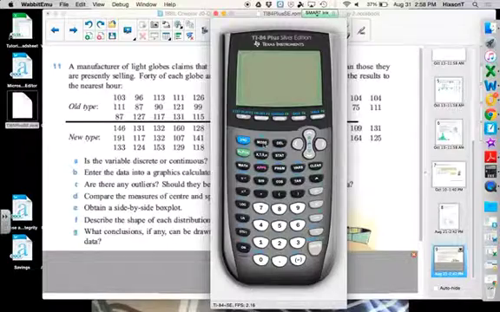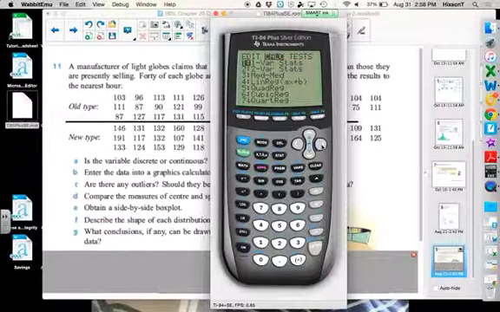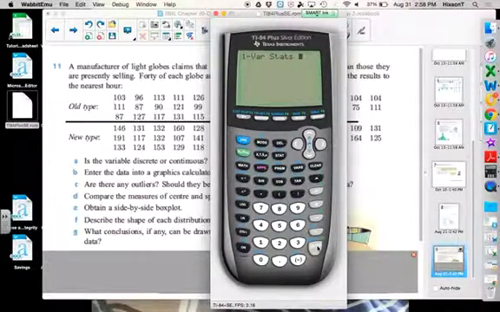There's a couple of things here. First of all, if we go to Stat and Calculate, we have our one variable statistics, okay? Now, we're going to do one variable statistics on the data from list 1. Now, obviously, these won't be the numbers that you get if you had all the data for the old type, but